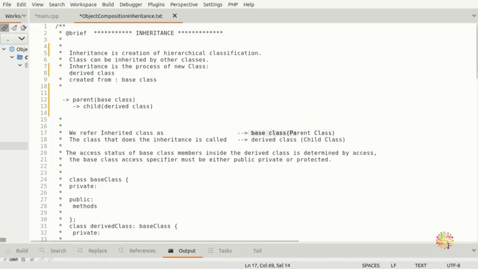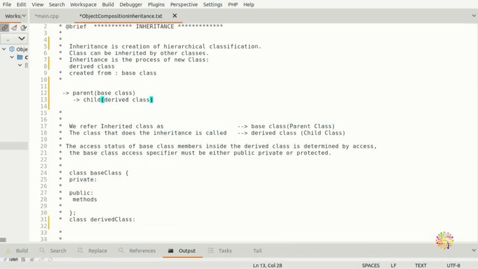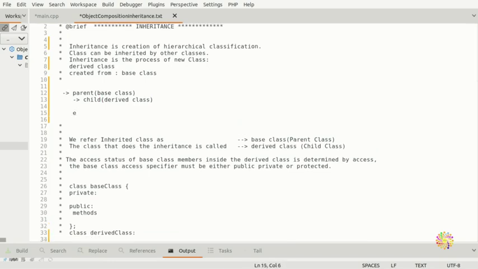If you are coming from PHP, C# or Java, they have exactly the same process, but in Java it's a little bit different. Here in C++ we use a colon with our access modifiers, and the child class is inheriting from the base class. But in Java and PHP they use something called extends, because the extending class is just like we are an extension of our family.